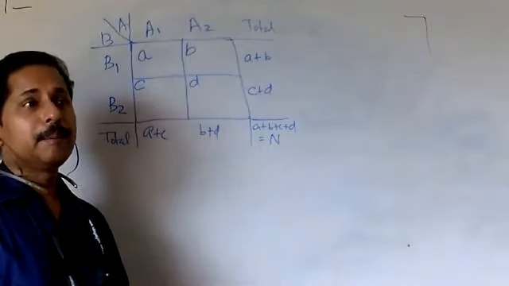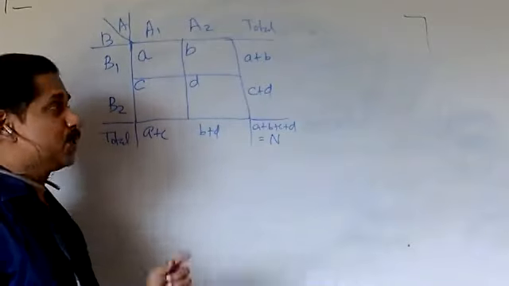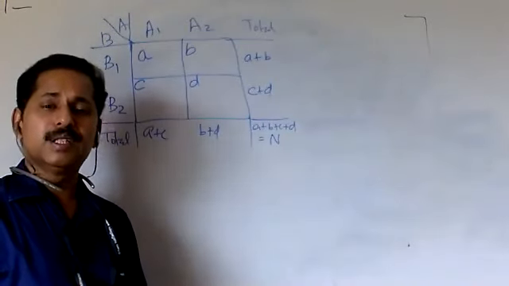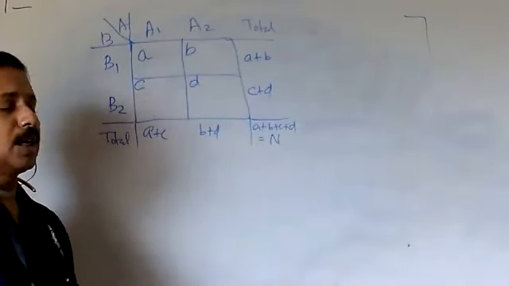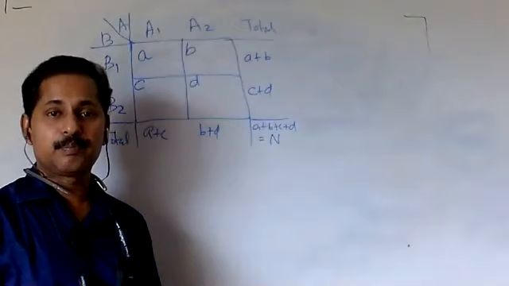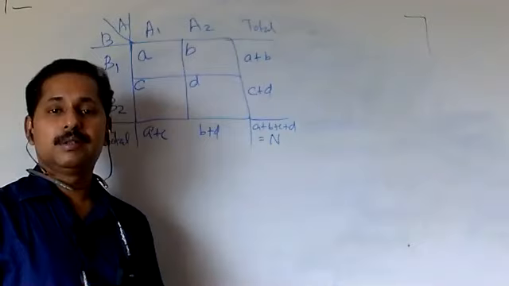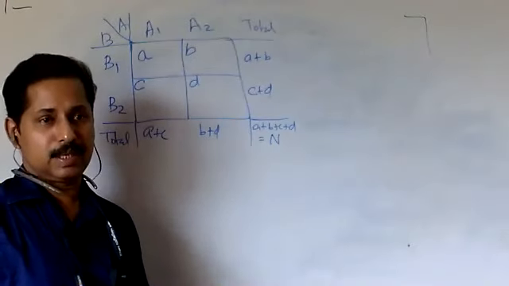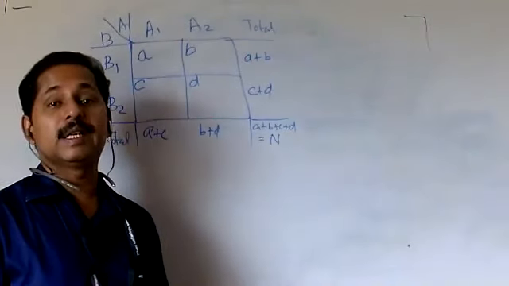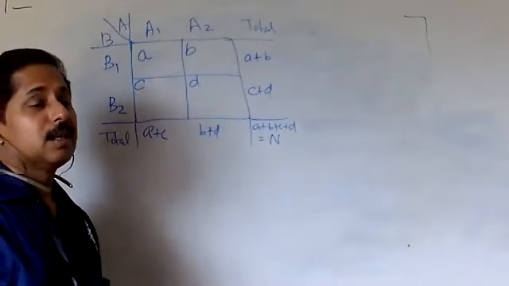Our null hypothesis in this situation is whether these two attributes are independent or not. Or we can say whether these two attributes, these two class categories, are associated or not. To test such an assumption, we know that we can use the chi-square test, provided the observations in each cell should be greater than 5. There is a condition for using the chi-square test.